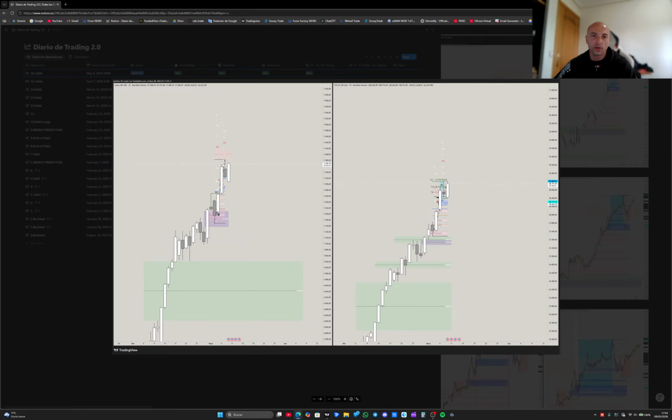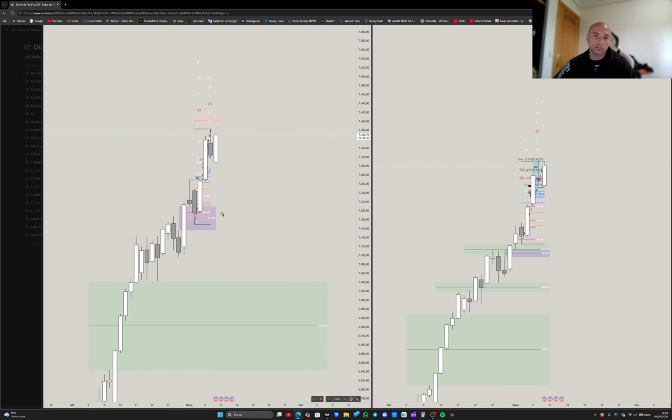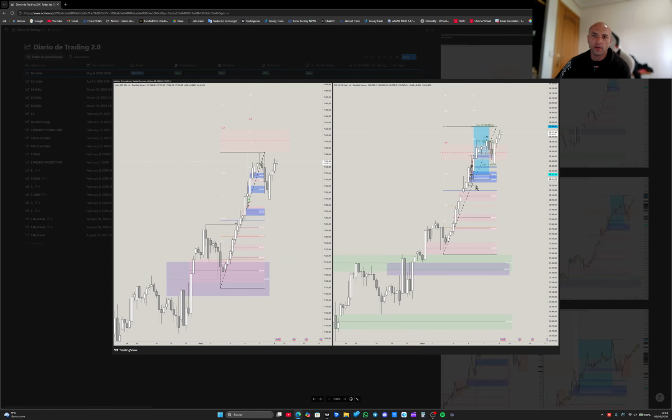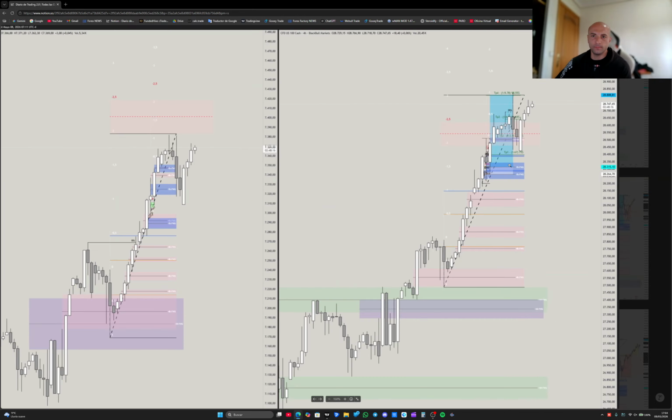We're very bullish. On the daily, we have this fair value gap right here on the S&P, which is lower on Nasdaq. However, the trade was up here. So this is the 4 hour. I'm marking from the last leg all the fair value gaps on the 4 hours and on the 1 hour,